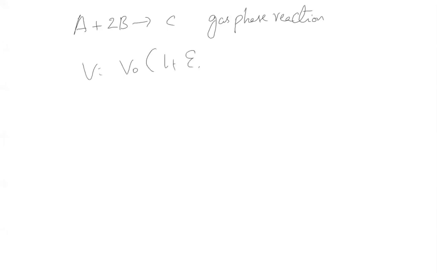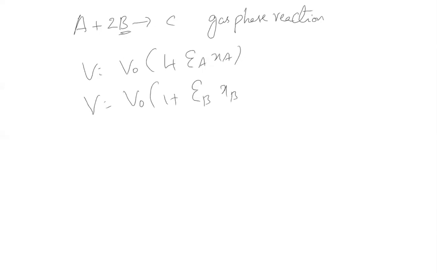Then somebody asked a question yesterday. Contacting patterns we have already completed, no? Suppose you have A plus 2B gives C. This is a gas phase reaction. Then what we can write is V equal to V naught into (1 plus εA XA). Now B is there, no? We can write with respect to B also: V equal to V naught into